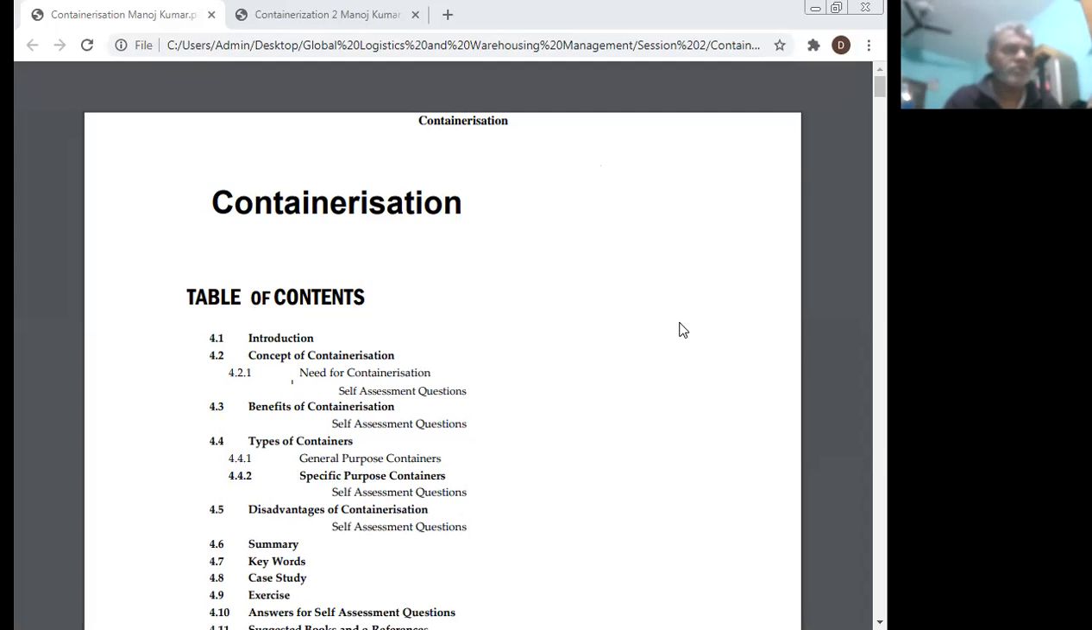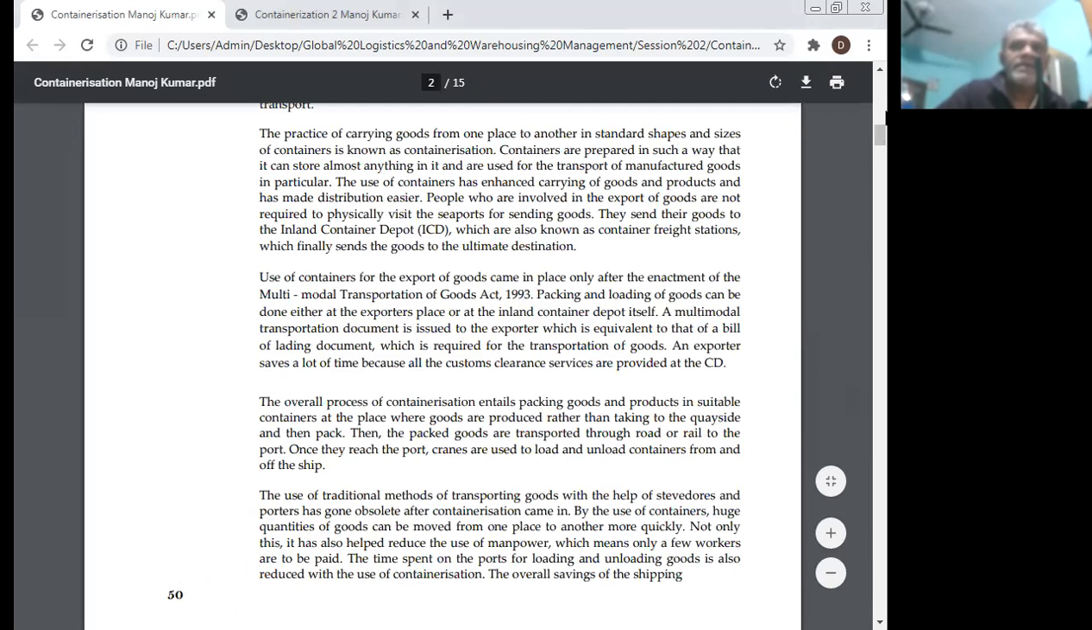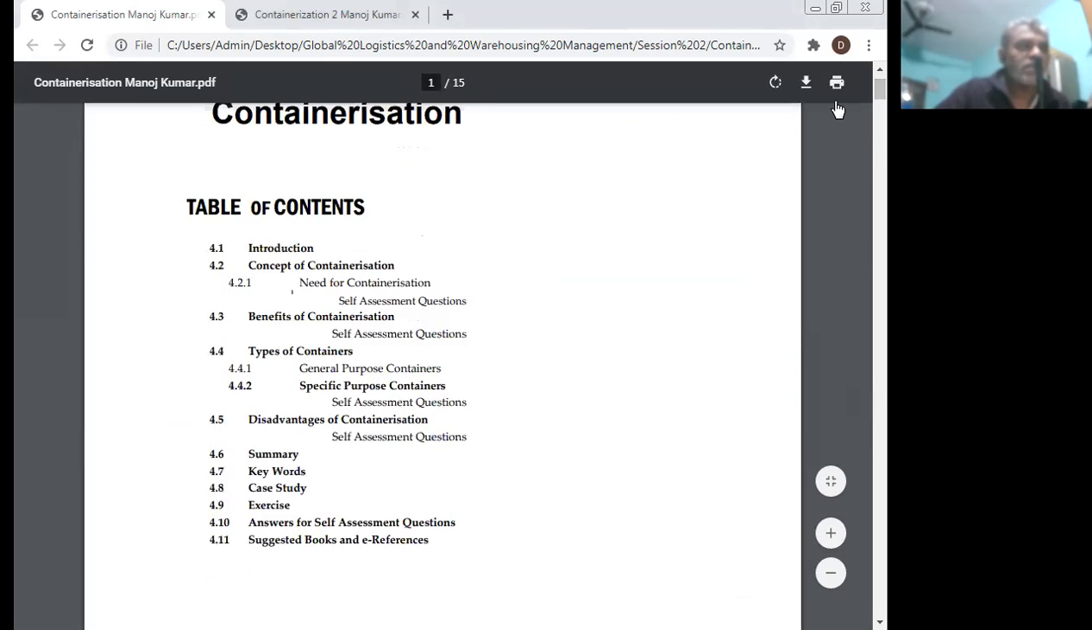Today, Professor Dr. Manoj Kumar will talk about containerization, of the subject Global Logistics and Warehousing Management. The table of contents in this case is the concept of containerization, need for containerization, self-assessment question, benefits of containerization, self-assessment questions, types of containers, general purpose containers, specific purpose containers, self-assessment question, disadvantages of containerization, and the summary, keywords, case study, exercise, answers of the self-assessment questions, and suggested books